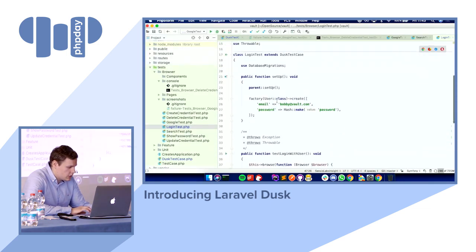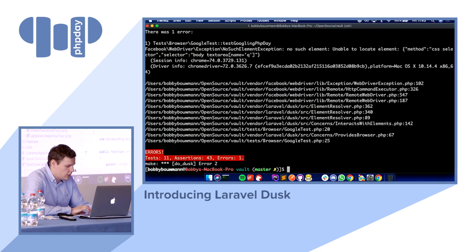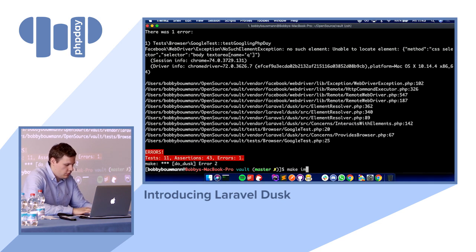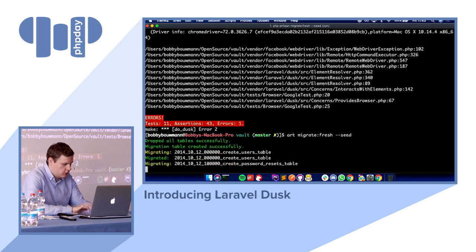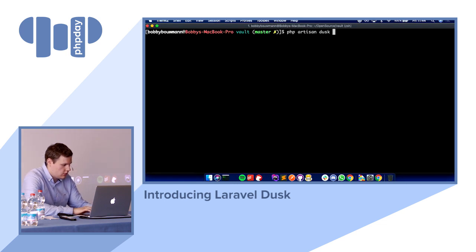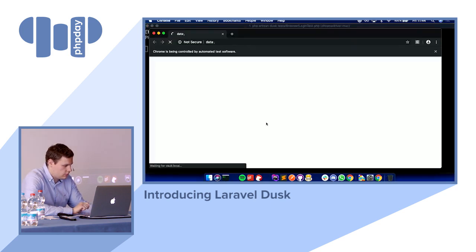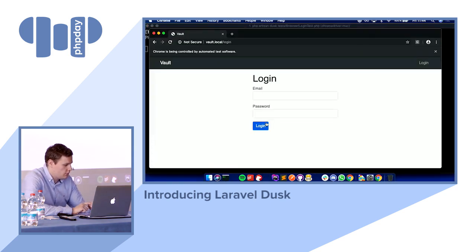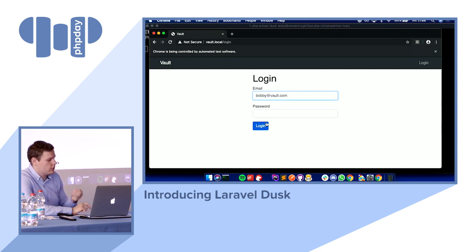If we just run this test, this is the login test, so we can run. After migrate fresh seed, just going to seed the database, PHP Artisan Dusk, then the test to run. So tests, browser, login test, PHP. So it's just this test now. So we did that, and I see it's